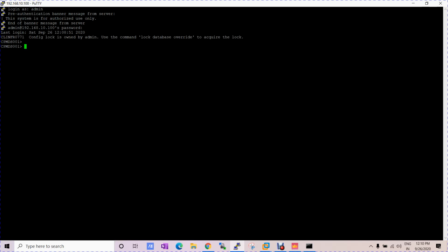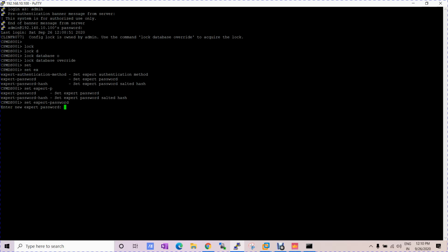So here you can see log database override. We need to go to the expert mode. We need to set the expert mode password. And expert. So MDS state.